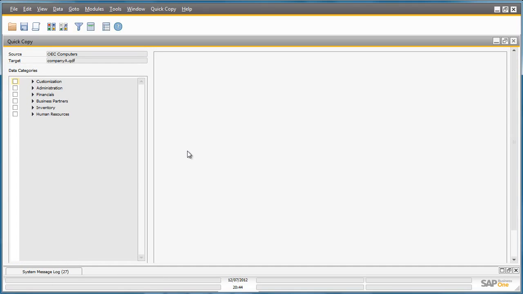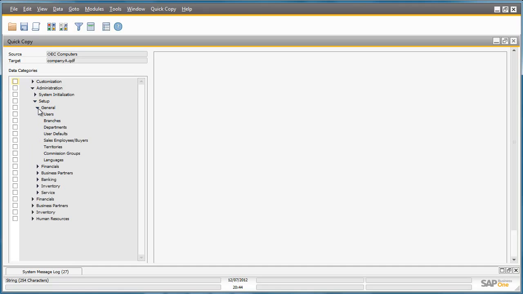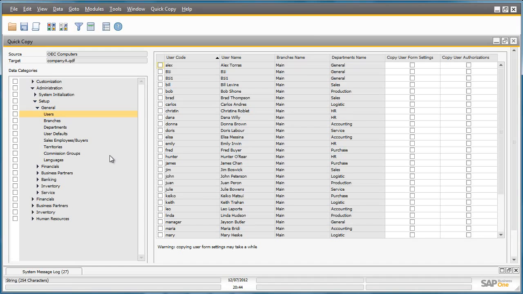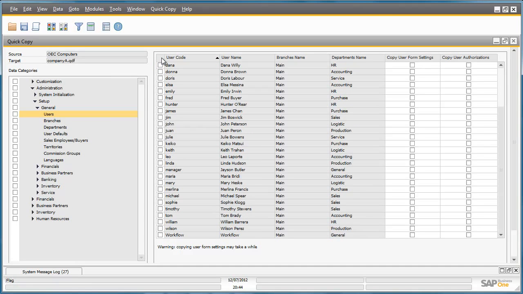Now I have the option to actually choose what I want to copy or export from my installation. For example, I could choose under Administration, Setup, General, all of the users within this particular company database. By selecting all of the users I would like to export,